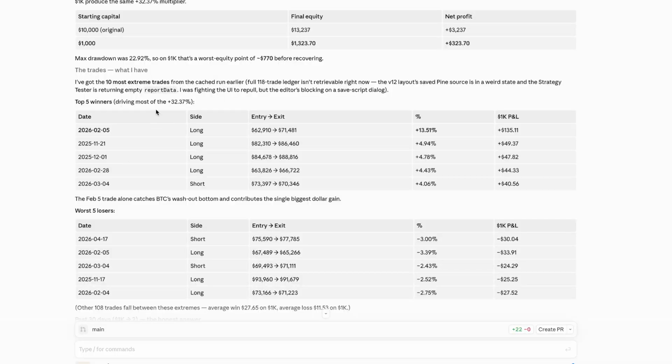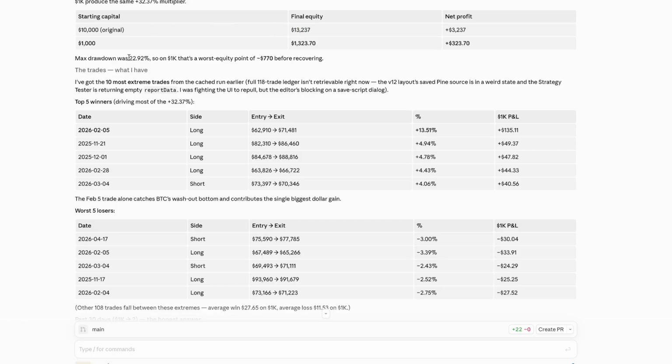I actually asked it to specify a bit further of how exactly one of these strategies would have looked like. This is my V12, not V11 or V3 or 7. I don't know which one you just saw. This is again another different Claude trading strategy that it actually generated for itself. The strategy uses 100% of its equity per trade, which is pretty crazy, but the results would have been turning $10,000 over this 6-month span into roughly